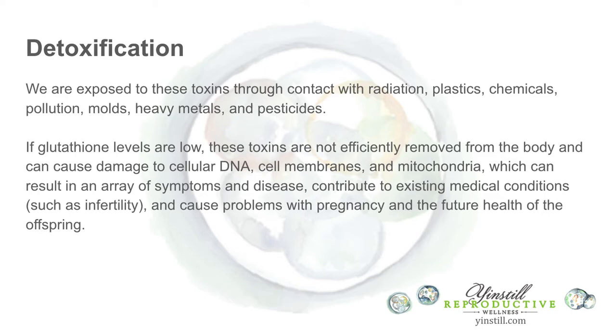If glutathione levels are low, these toxins aren't efficiently removed from the body and can cause damage to cellular DNA, cell membranes, and mitochondria, which can result in an array of symptoms and disease that we just spoke to earlier, contributing to existing medical conditions such as infertility, and cause problems with pregnancy and the future